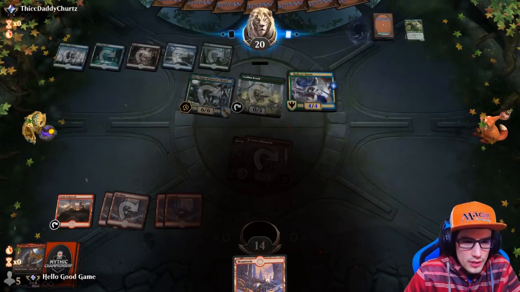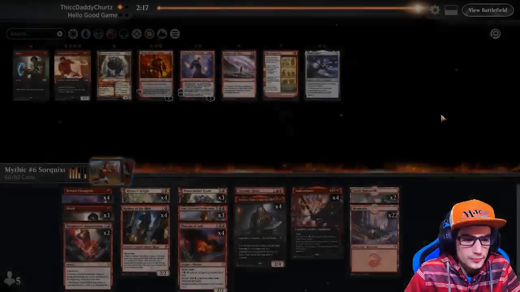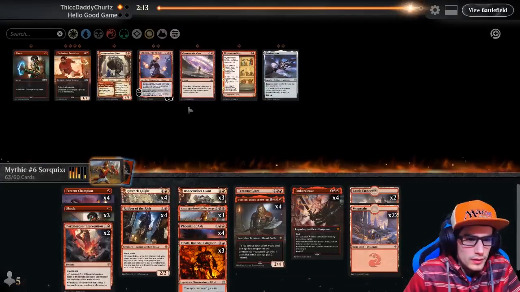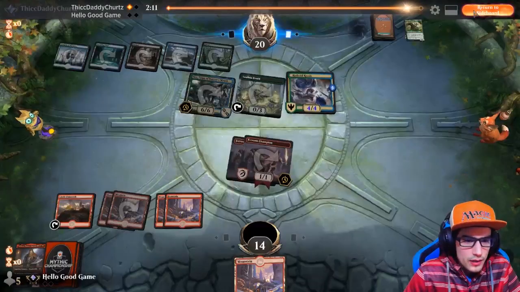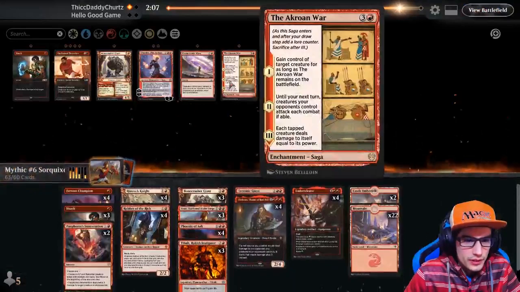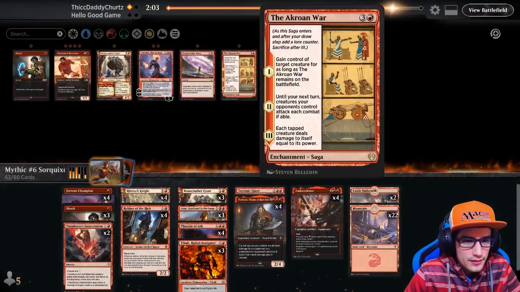So again, we know he's got the life gain. Rakdos Instigator is going to help us a little bit here. He's got the aggro as well. You know what I mean? But then he's going to be attacking us. Well, actually,